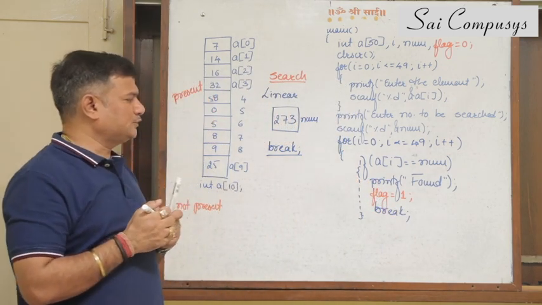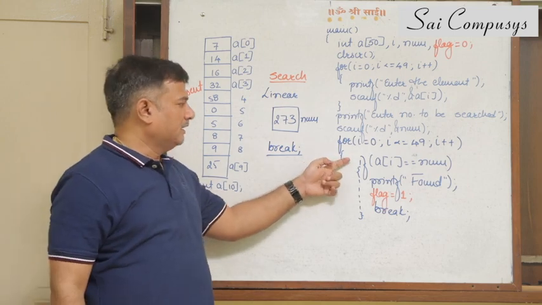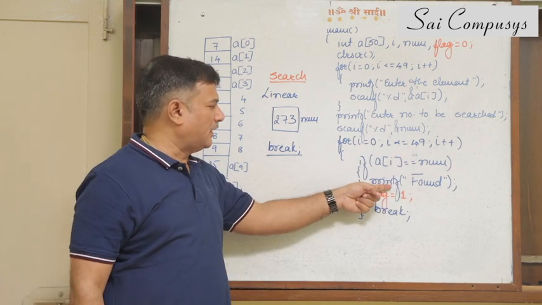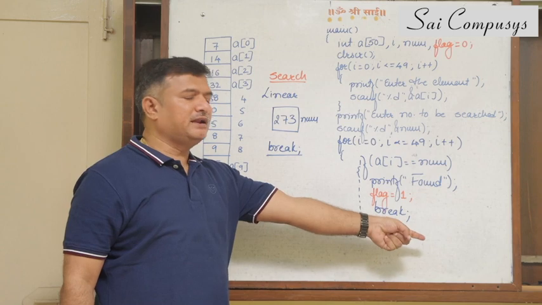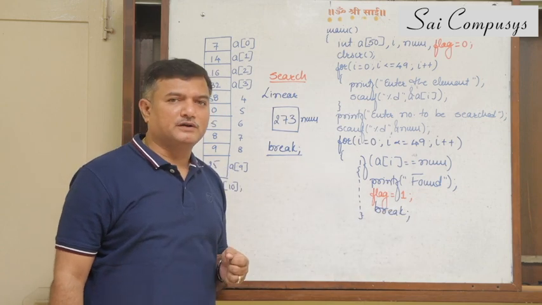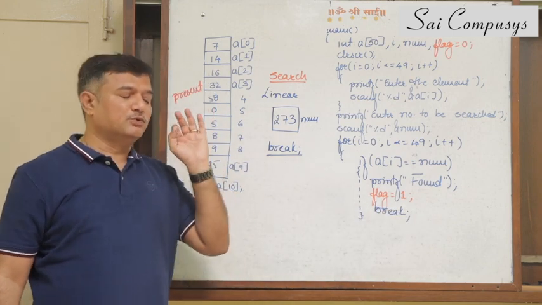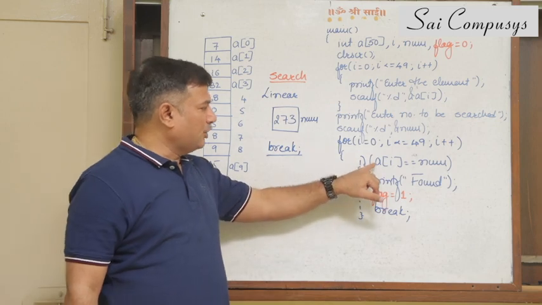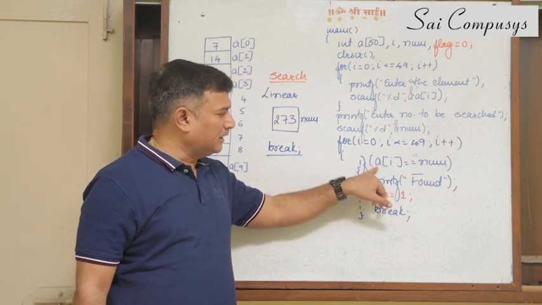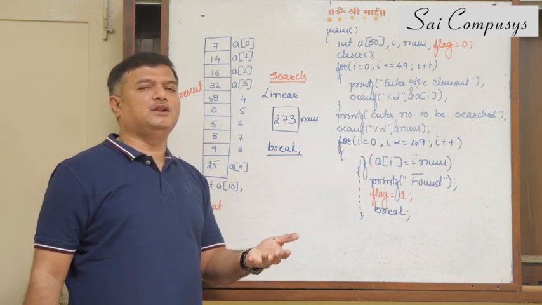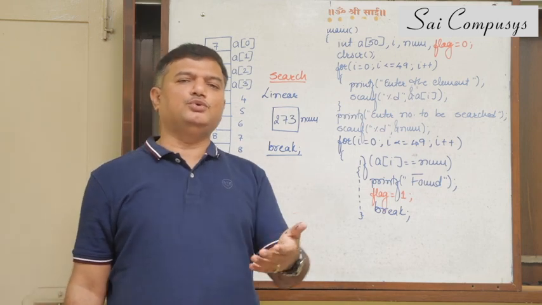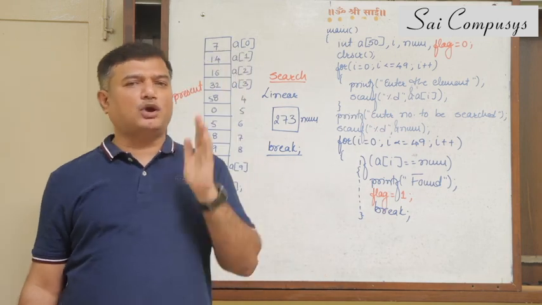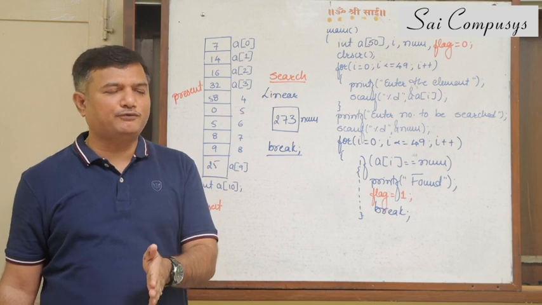Now most of the students, what they do is, they compare if A of I is number found, if not, else they directly print that the number is not present. Never do this, it's the most critical mistake. You have not found the number on a particular position. Let's say you have not found the number on A of 0. What do you do? You check it on A of 1. If it is not present on A of 1, you check it on A of 2.